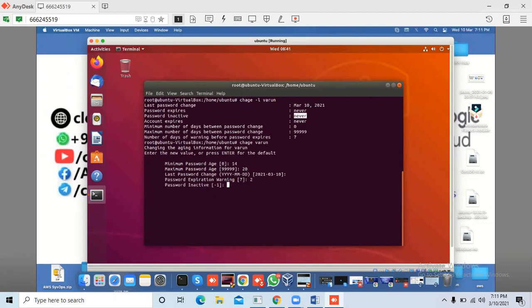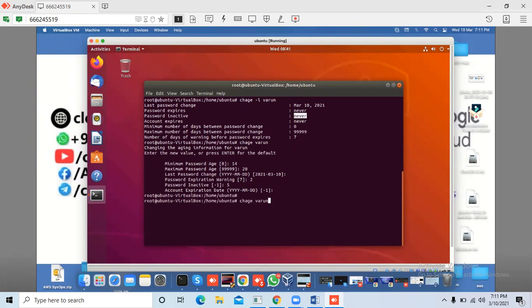Hit enter. Password inactive means how many days after expiry I can still log in. I set 5 days. That means the user is able to log in after the password expiry. Then the account expiration date.